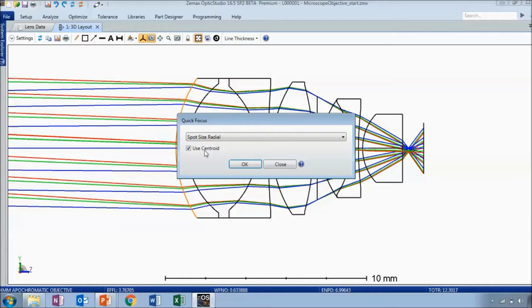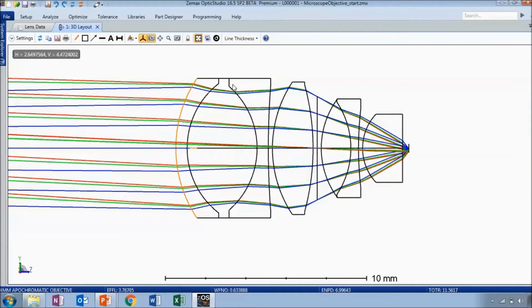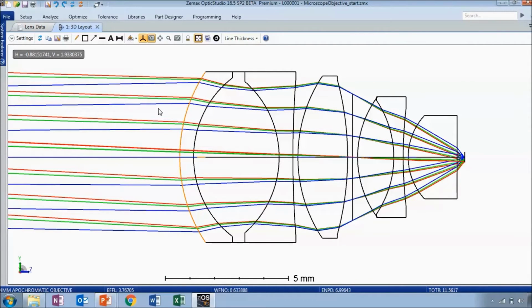So we're going to do a really quick adjustment of that last air spacing to find a plane with a smaller spot size. Click OK. All right, and that looks much more reasonable. You'll notice that the settings here